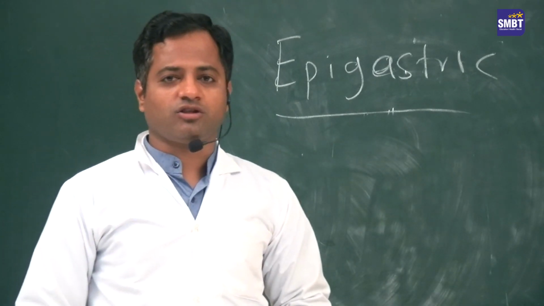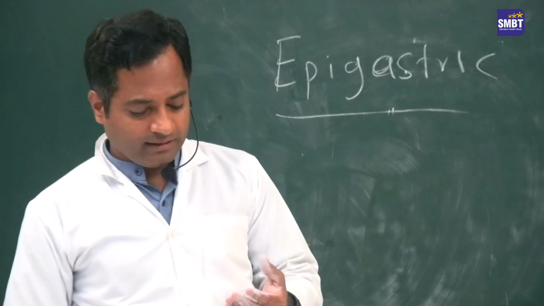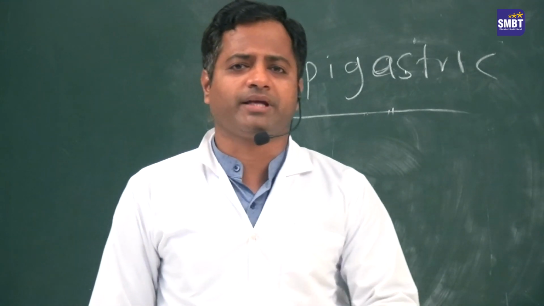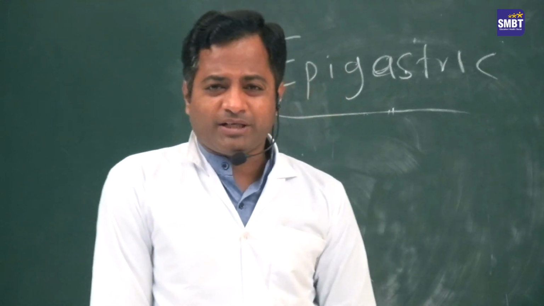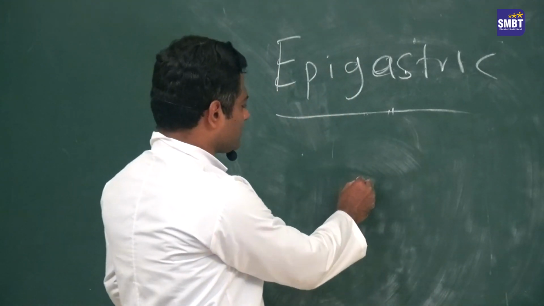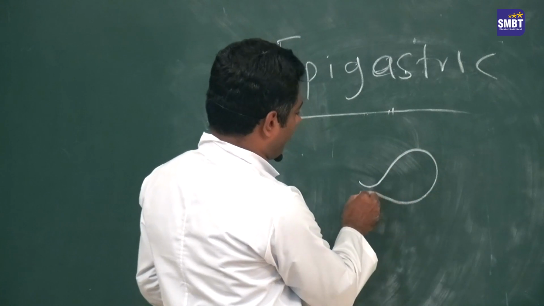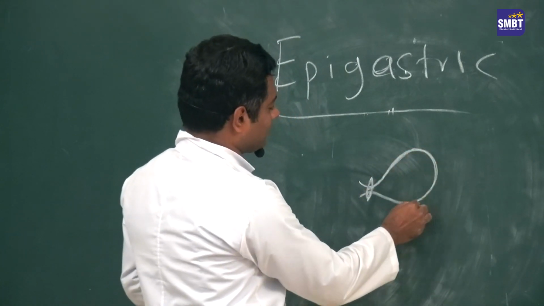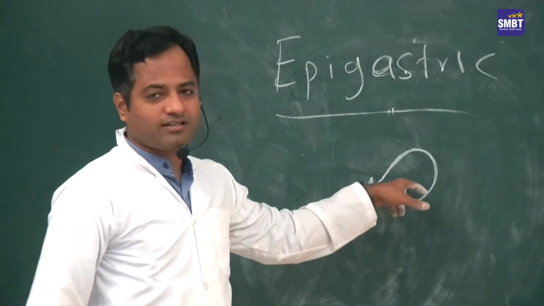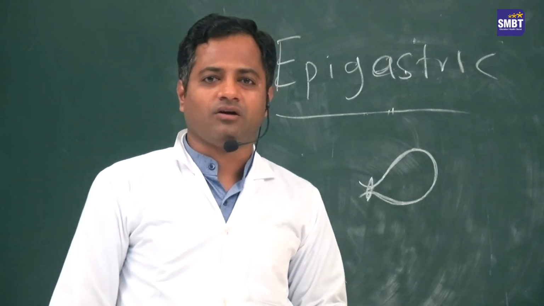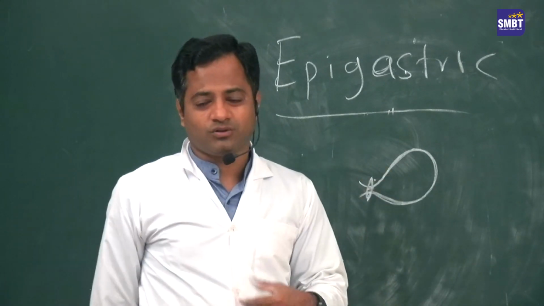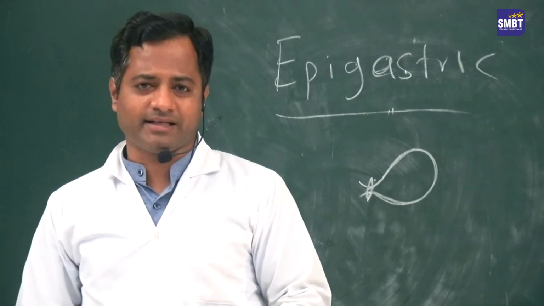What are the clinical features of epigastric hernia? There is a lump in the epigastric region, a small swelling. Sometimes it is painless, but suppose there is extraperitoneal fat and a small defect, the vascularity gets obliterated, then there is an infarction of this extraperitoneal fat, which gives rise to pain. So there will be a slight pain in the epigastric region.